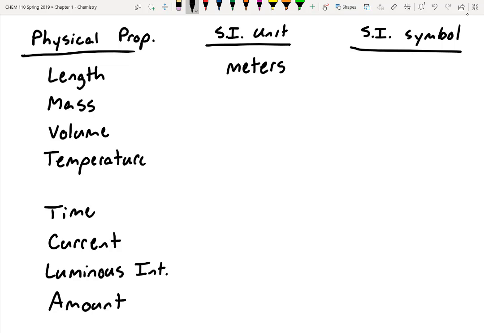The symbol is pretty easy to remember. It's lowercase m. So 1 meter is about a yard, give or take, right? It's not exact. Those of you that do swimming probably know the difference between a long and a short distance pool. The long distance pool is measured in meters, and it's always disheartening because your times are way worse in those pools.